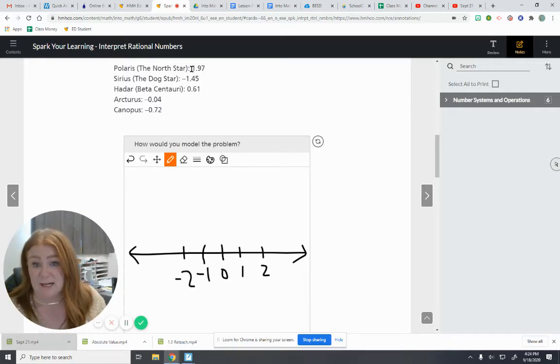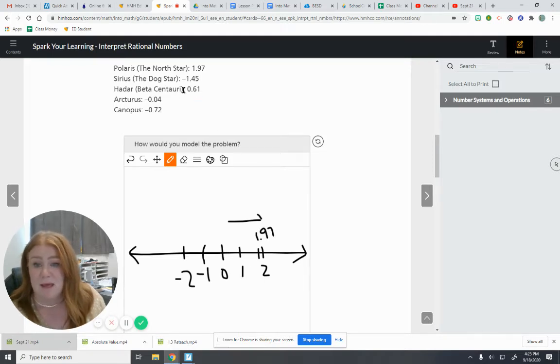So I know Polaris, our North Star, is 1.97. So I know that is going to be toward the positive side. And if I round this up, I know that 9 will make the 1 turn into a 2. So it's almost a 2, but it starts with a 1. So it's going to be almost to the 2. So right here is